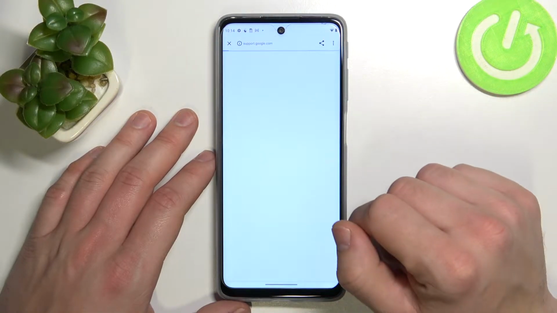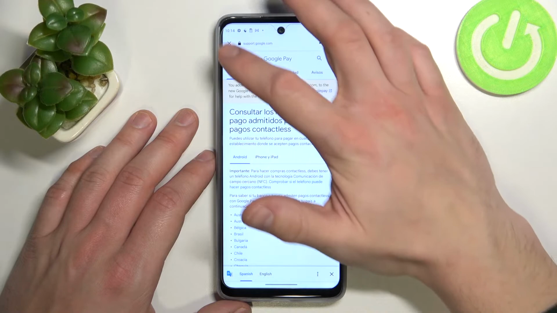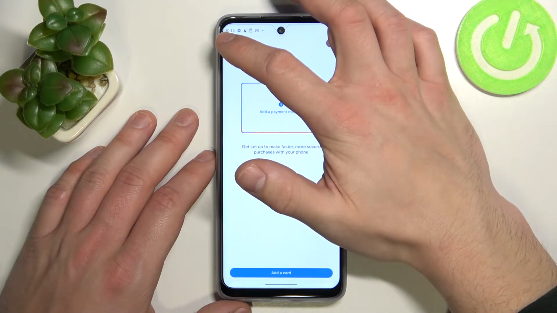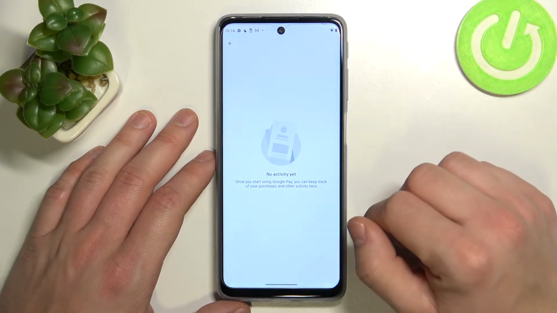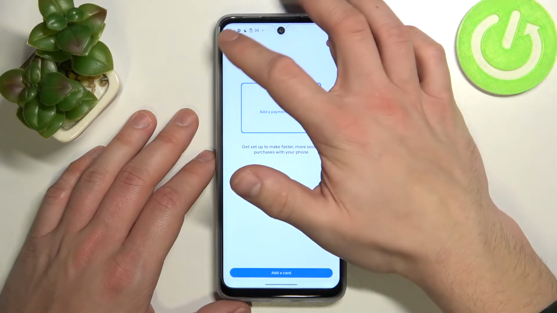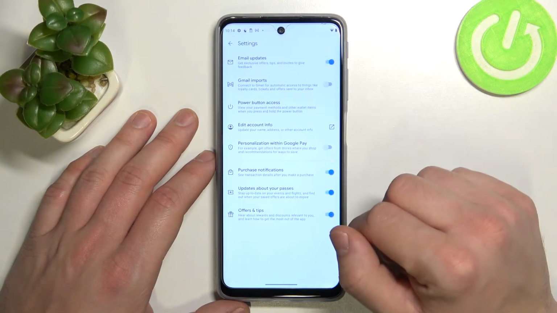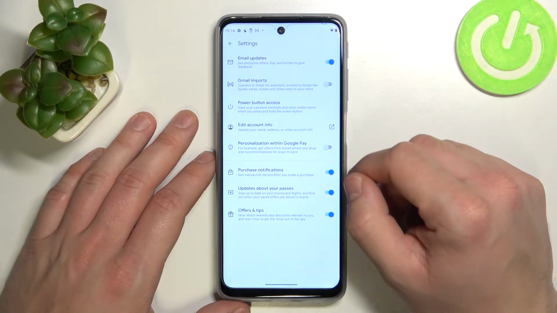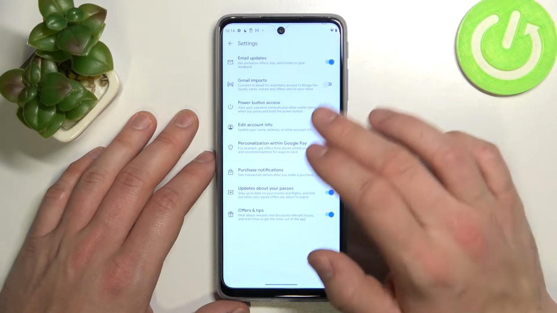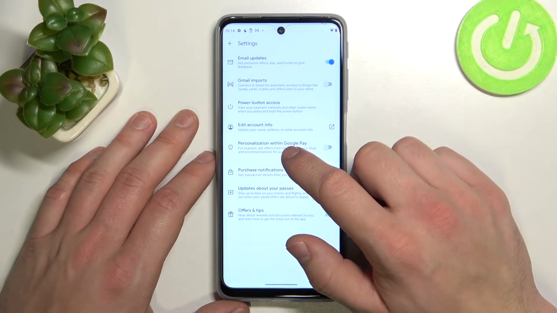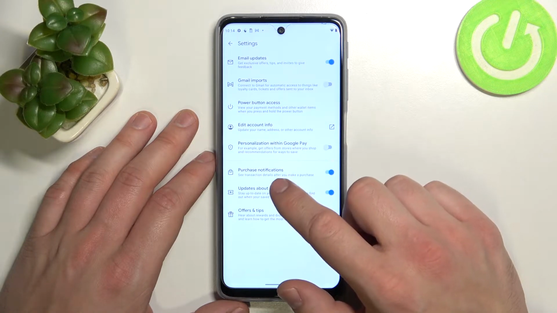Full list of participating banks. Your activity. And settings. In settings you can enable or disable email updates, Gmail imports, personalization within Google Pay, purchase notifications, updates